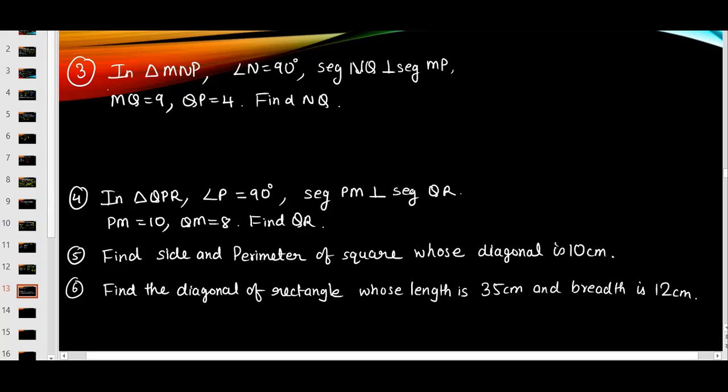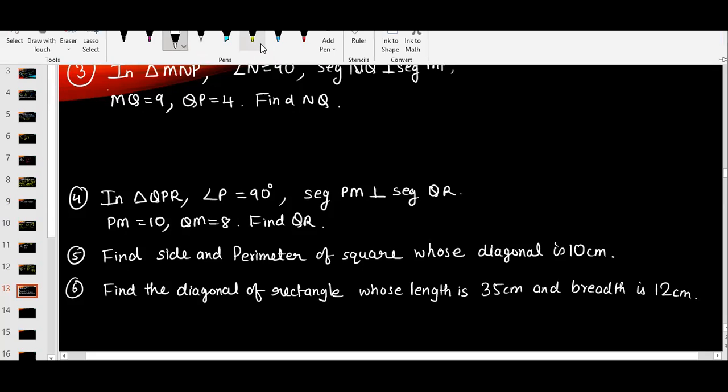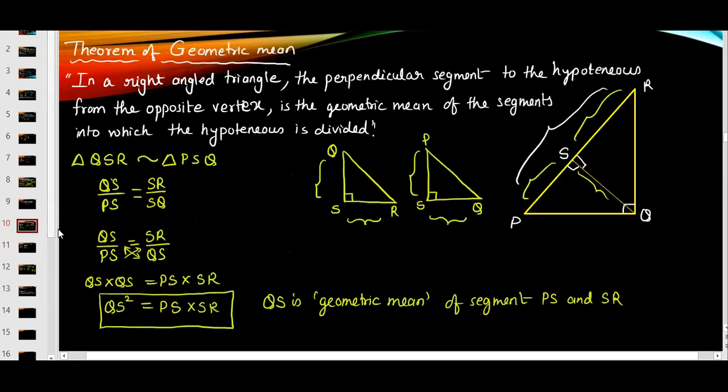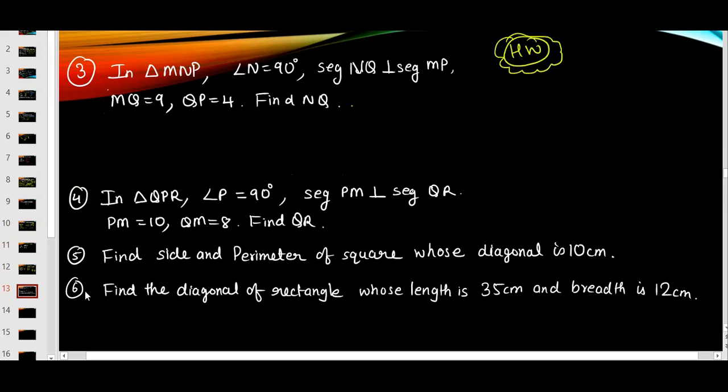Okay, so these four questions you have to do as homework. Try these four questions. It is based on this formula only which we studied here. Also, you use a little trick to find the answer for question 5 and 6. They are also very simple. You can get the answer